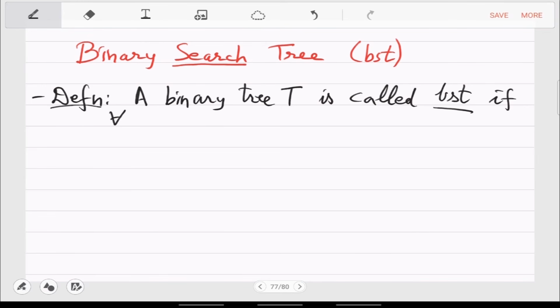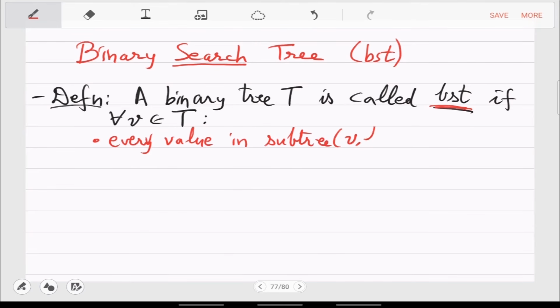if for all nodes in the tree, two things happen. So every value in the left subtree, v dot left, every value that you see there is less than equal to v dot val.